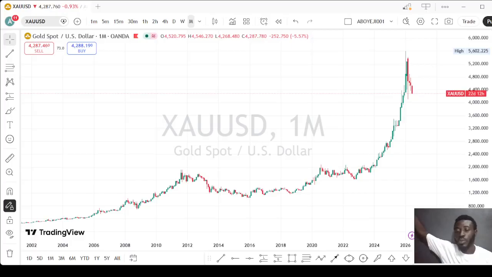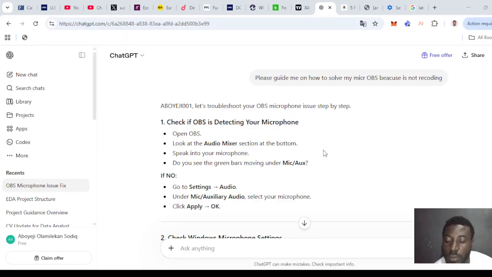You already know what we do: we just analyze the market. Today is Monday, so we start from the monthly time frame to see the general view of the market. Before you can trade anything, before we go inside the market, let's check maybe there is high impact news.